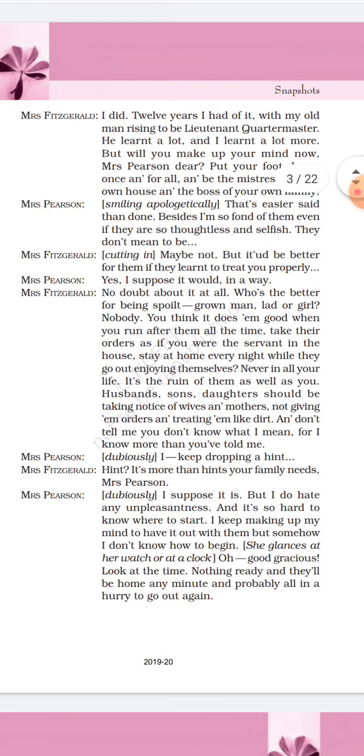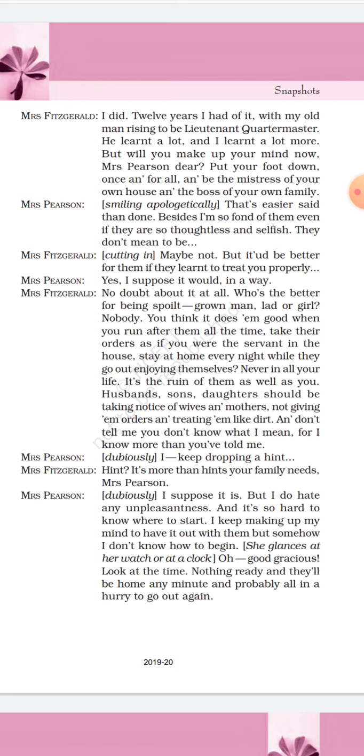Okay, then Mrs. Fitzgerald: I did. Twelve years I had of it, with my old man rising to be a lieutenant quartermaster. He learned a lot, so I learned with that, and I learned a lot more. But will you make up your mind now, Mrs. Pearson dear? She said, I have learned so many things there. But will you make up your mind now, Mrs. Pearson? Put your foot down